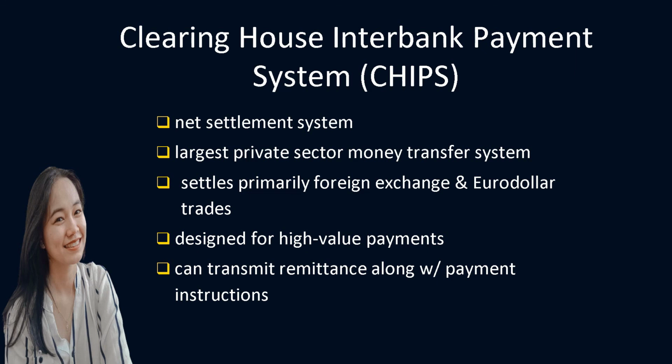Like what I've said, it is privately operated and it is bank-owned. CHIPS also settles foreign exchange and eurodollar trades. CHIPS are also designed for high-value payments. And then CHIPS can